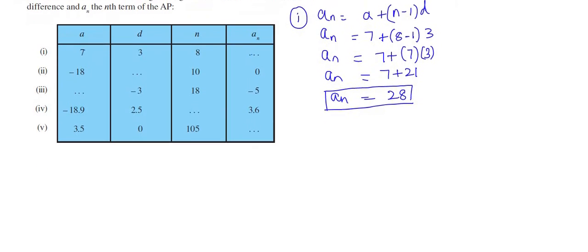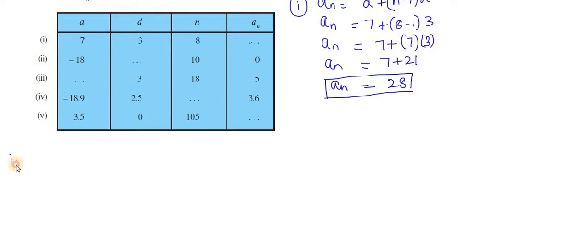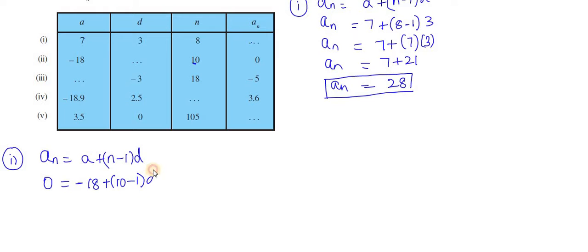So next, second one. For the second problem, what they gave, again put the formula AN is equal to A plus (N minus 1) into D. You should put this in the bracket, otherwise you'll get confused. So what they gave, first substitute everything. Here they gave AN also. So AN is 0, so substitute the AN value, and they gave A is equal to minus 18 plus (N minus 1). N they gave, yes, N is nothing but 10. So 10 minus 1, and what we need to find is D.